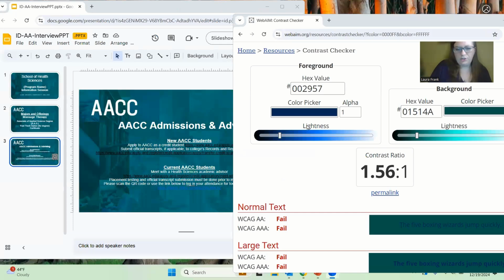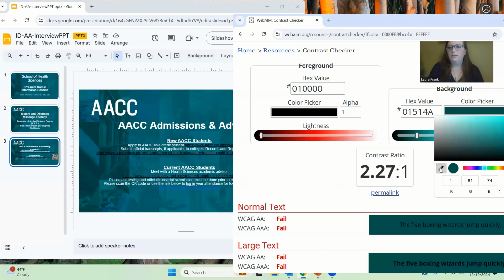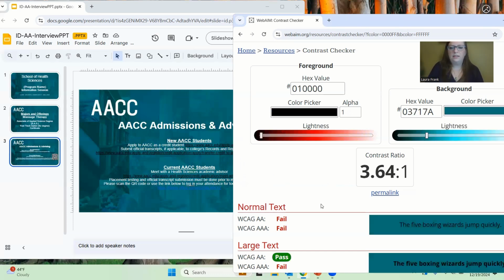Another thing that you should really check is your contrast for visual accessibility. Some great websites to do that would be webaim.org. Another one, the tpgi.com website. Both of those have a contrast checker like this. So the foreground would be like the font. And if you click on this, you can use the eyedropper tool to zoom in on the colors that you're using. This would be for the background. So again, you would go over and click on that. And as you can see, it demonstrates for you